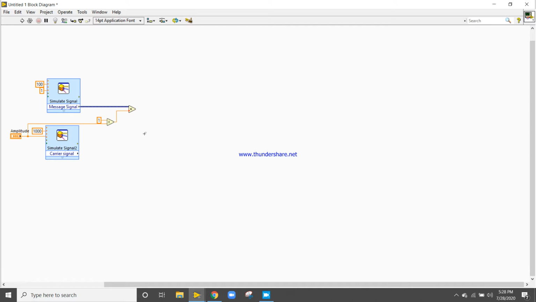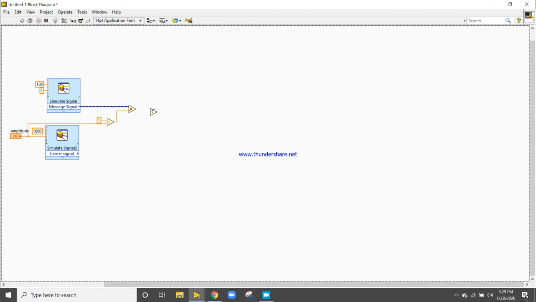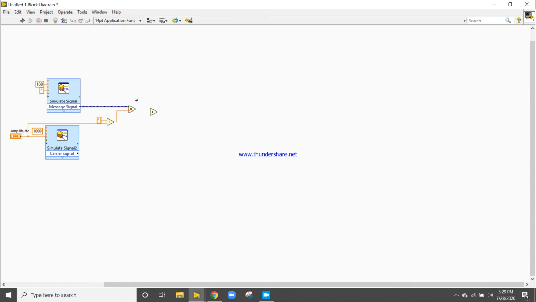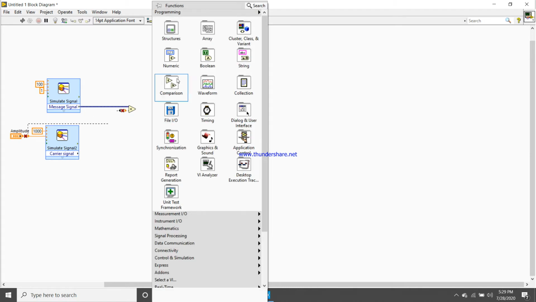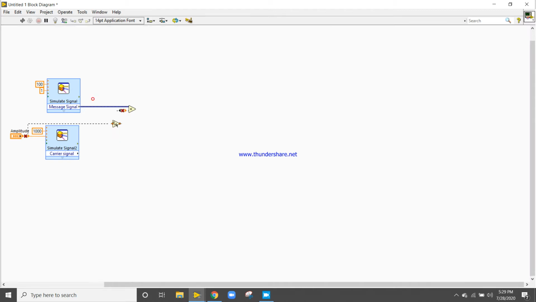Now add one more signal. It is 1 by AC into M, message signal, plus 1. So take plus 1, or you can take the increment function here also. You can take the increment function and release this one, and use this reciprocal concept here.